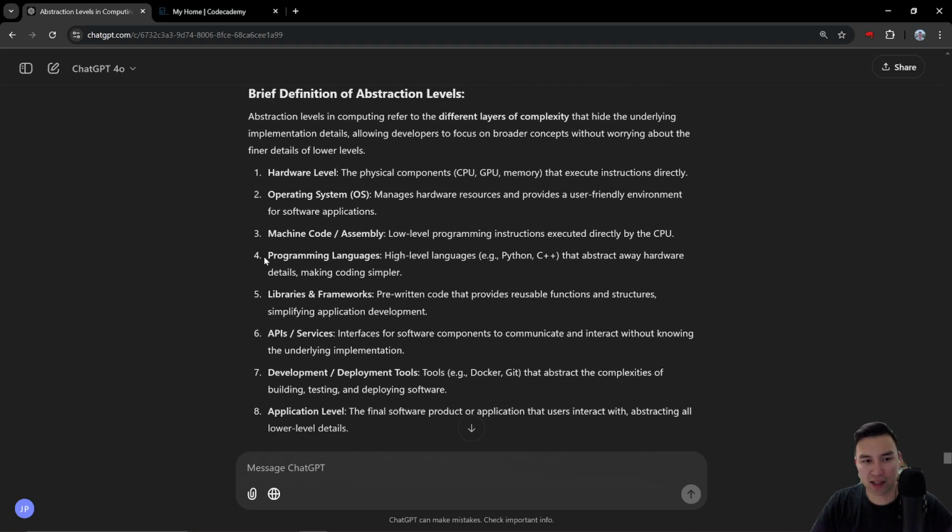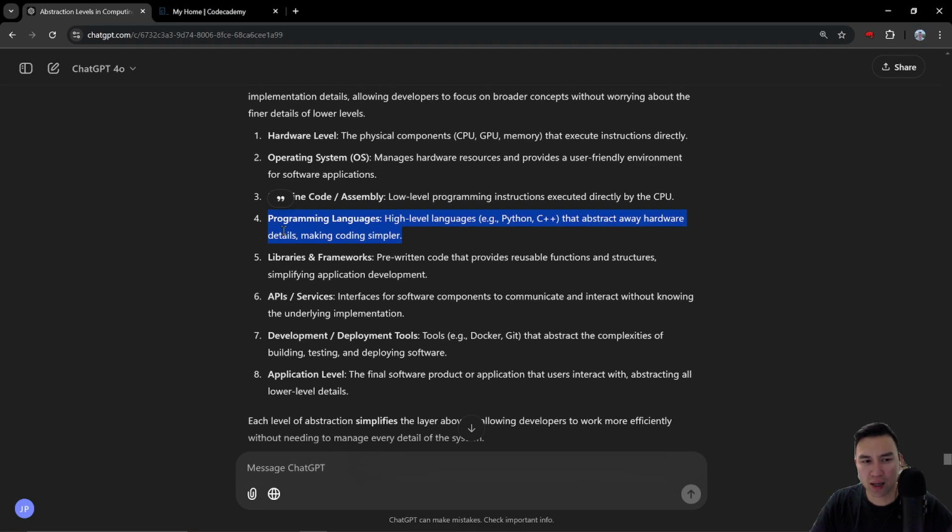So I think right now, the main key for me is really getting a handle on the programming languages, because to use the libraries, frameworks, and APIs effectively, I need to learn how syntax works and stuff like that, which I'm just weak at right now because I just started learning how to code.